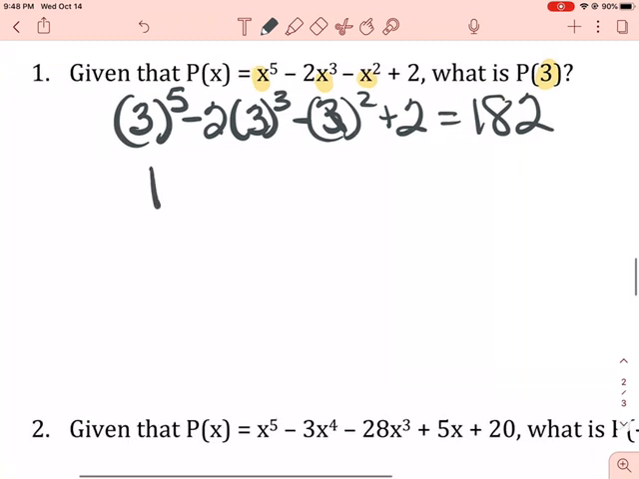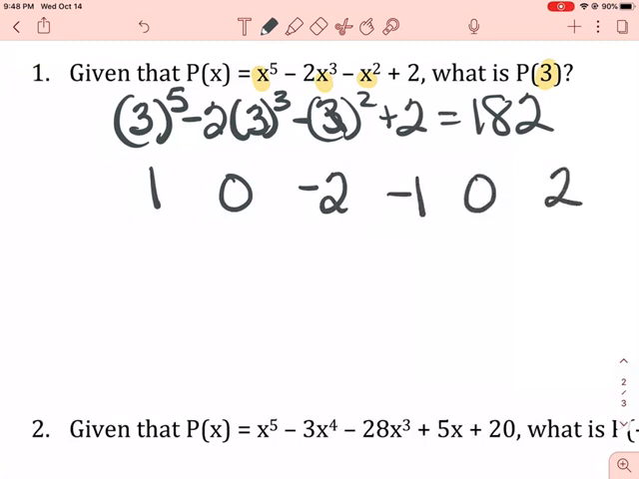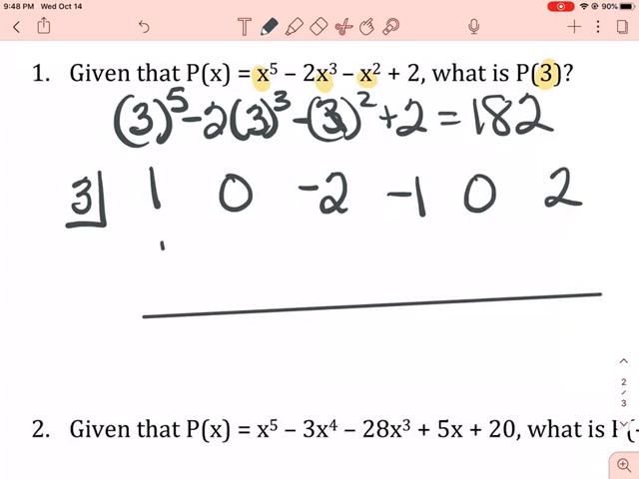We're going to put our coefficients. I have a 5. I don't have a 4. I have a 3. I have a 2. I don't have a 1, and I have the 2. Draw my line. Okay, I'm going to put 3 on the shelf. Notice I didn't change its sign because it's not an x minus a form. I just have the 3, so it stays. Bring down the 1, multiply, add,